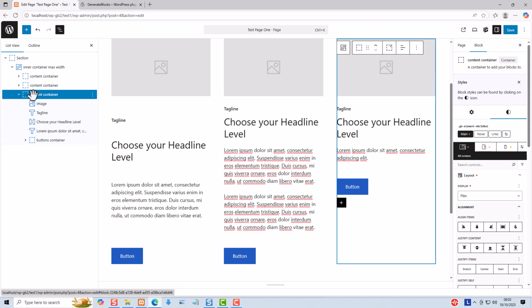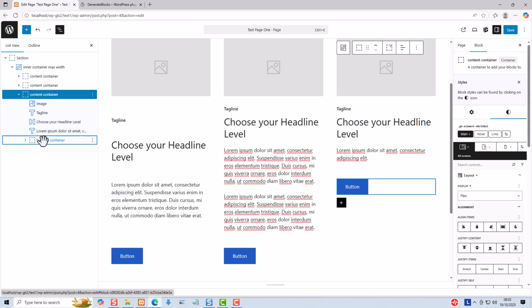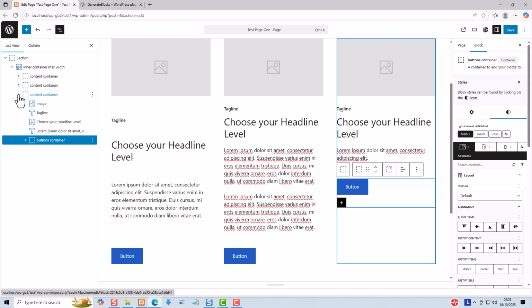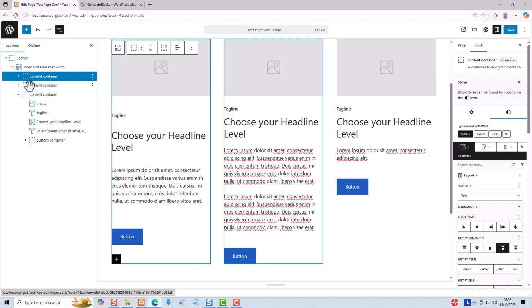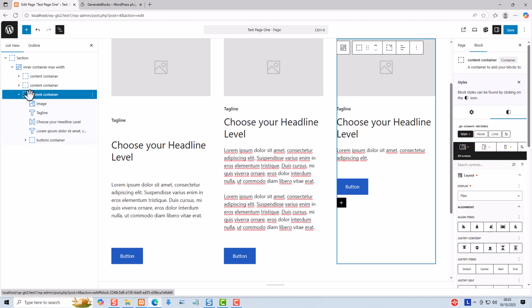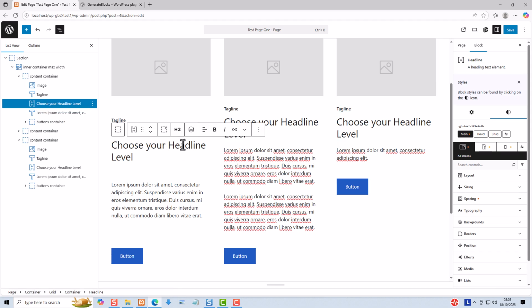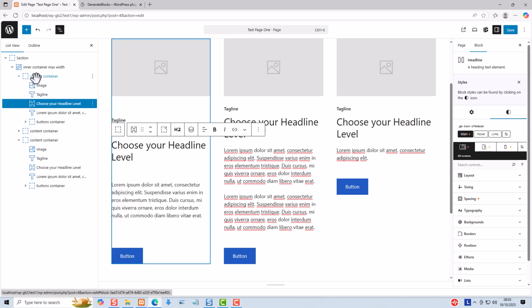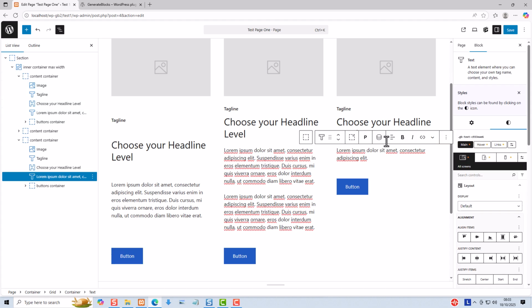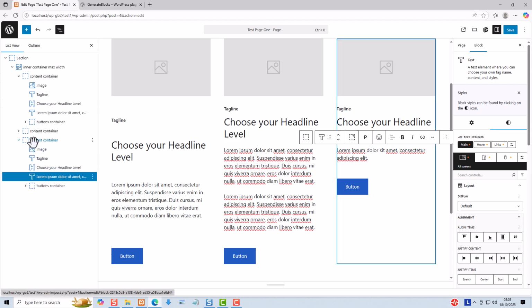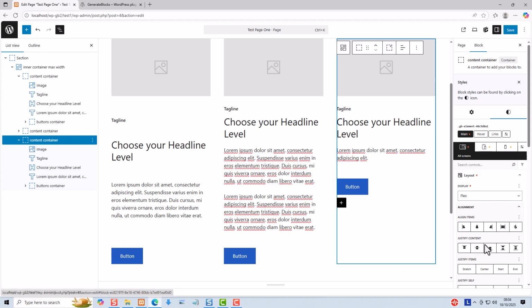Now you need to be careful. What I did then, I chose the button container. Now the button container is inside this content container. So make sure you're using the content container for the individual block, or the individual set of blocks you want to change. The easiest way to do that is just place your cursor inside and go up to the nearest container. So I want to choose the parent container of this block. So selected the paragraph, go up the list, the nearest container, select that,